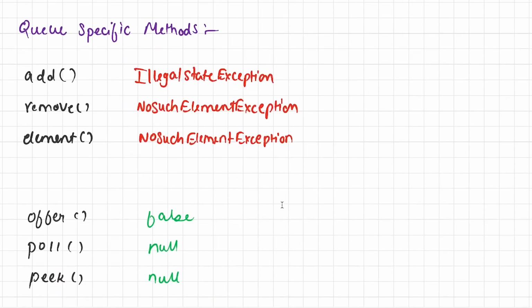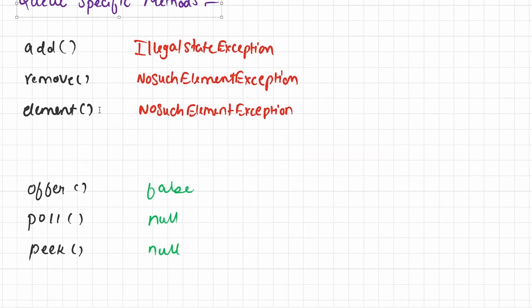Now let's see the methods that are available in the ArrayDeque collection class. The first methods we are going to see are the queue specific methods. In queue specific methods, we have add, remove, element, and offer, poll, and peek. The add method is equivalent to the offer method, which is used to add the element at the end of the